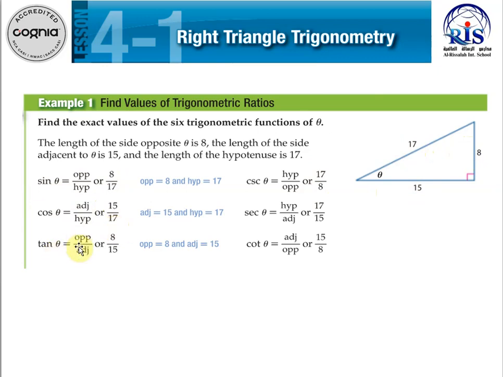Tangent is the opposite to adjacent, the opposite side is 8 and adjacent side is 15, so it is 8 over 15. Now to find cosecant, secant, and cotangent, we can take the reciprocal of the sine, cosine, and tangent. The reciprocal of sine is cosecant, which is equal now to 17 over 8. The reciprocal of cosine is called secant, and it is 17 over 15. The reciprocal of tangent is cotangent, which is equal now to 15 over